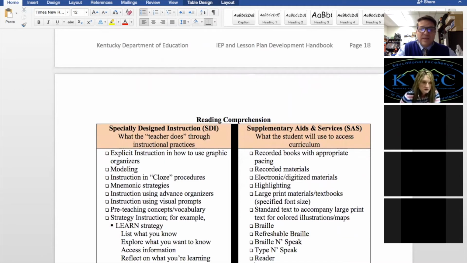So there's lots of things in this document, and it is being revised, and it will be released at some point in the near future from KDE, and it'll be updated and have fresh information in it. But you'll see, I promise you, when they revise it, there's going to be elements that are kept, because this is a strong document already, and we look to it quite a bit